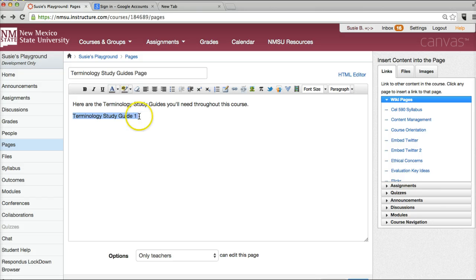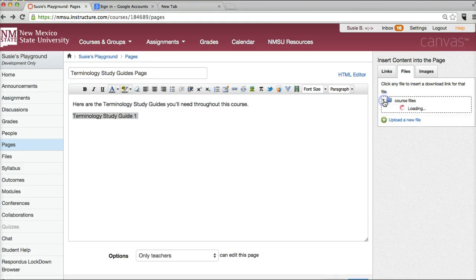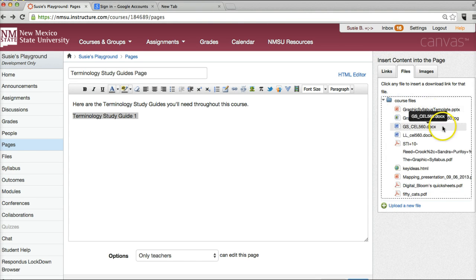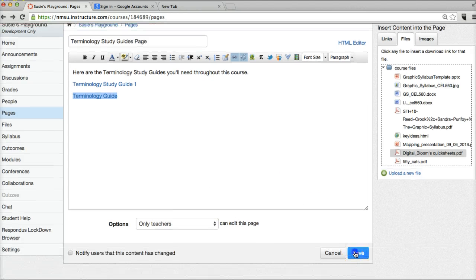And so I highlight the text, and once again over here I have a files. I can get to my course files, and I can link this 50 cats. Now you see how it turned yellow? I will demonstrate that again. So you highlight terminology guide, and then I highlight what I want in the page and say I wanted to link it to that. And then when it's saved,